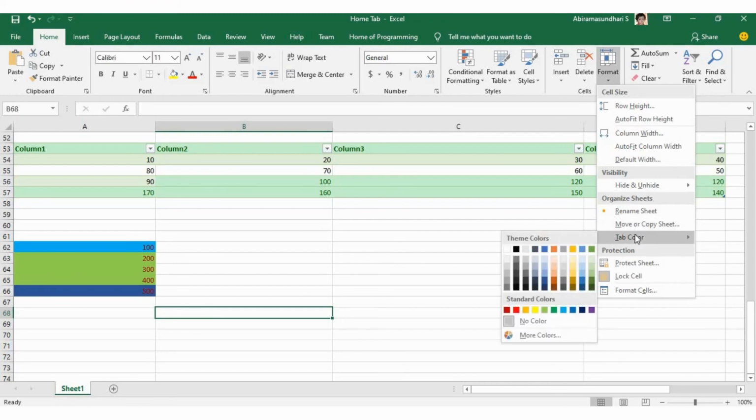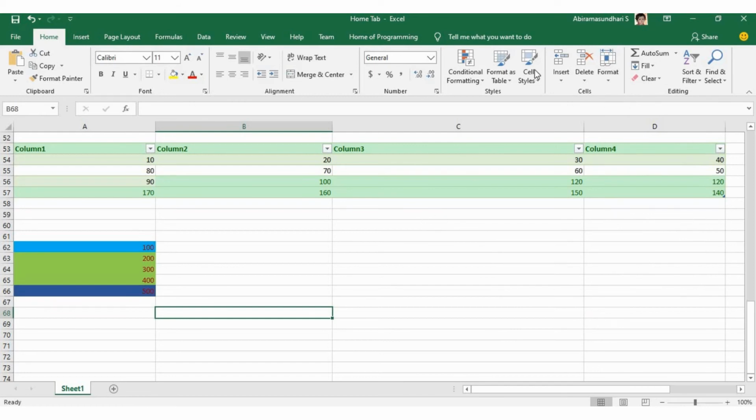Similarly you can change the tab color. Tab color is nothing but this sheet one is called a tab, right? So you can change that color. So I am changing it to blue or red, anything you want, right? So in this way you can use the cells group. So this is all about your cells group, right?